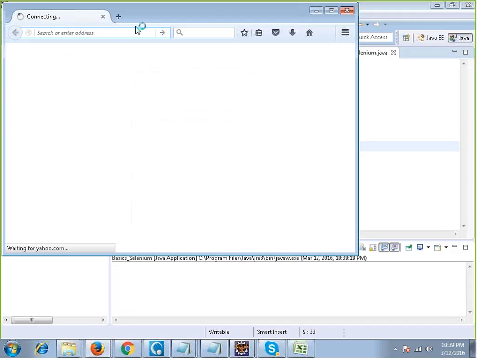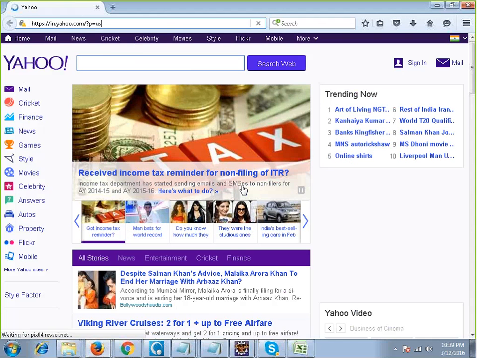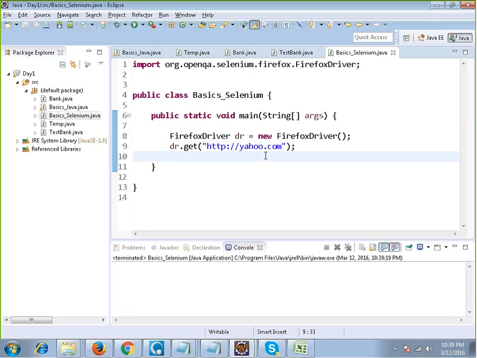Now, for yahoo.com, one more thing: you have to mention the protocol. If I don't mention the protocol, I will get an error. This is not like a browser where you can skip the protocol. Another thing is